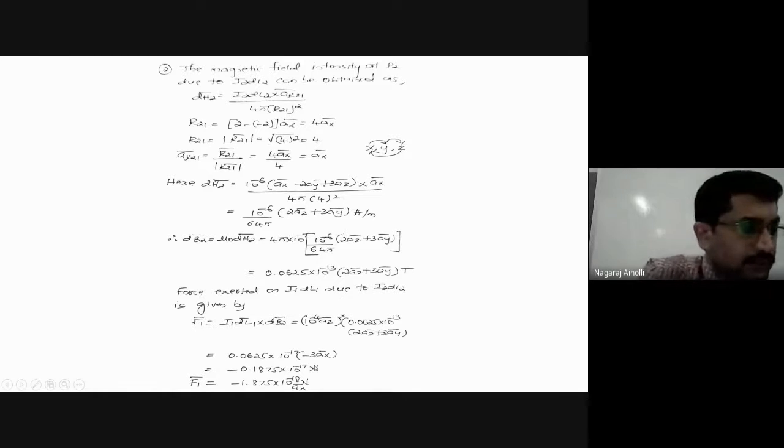So this is how we are supposed to solve this particular example. Take it for homework. I have already solved it, and you can cross verify your answers. Do it on your own, solve it and cross verify. Quickly note down the values you are getting for dH2, dB2 and F1, and cross verify. The steps are the same as we did in the first part of the problem.